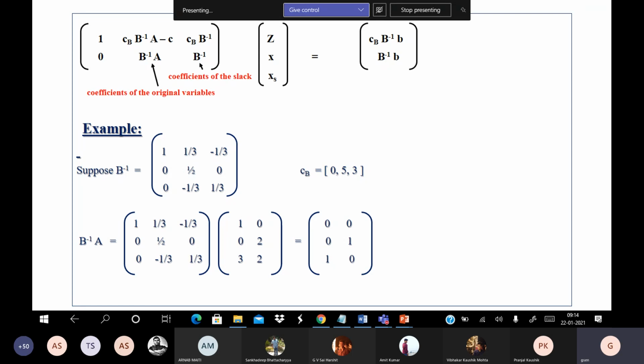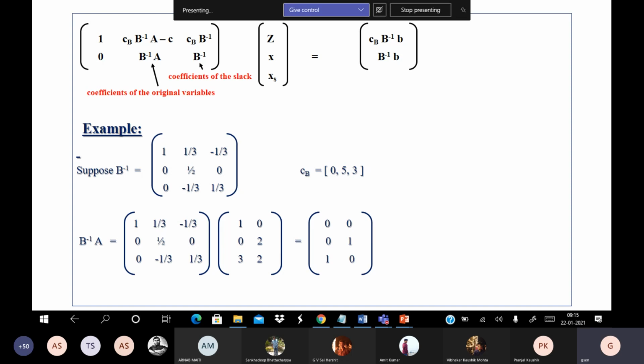So I have given you the base x1, x2, x3. So non-base is, what is non-base? Non-basic x4 and x5. Isn't it? Now, what will be the coefficients of x4 and x5? Because for x1, x2, x3, I know that it will be 0.